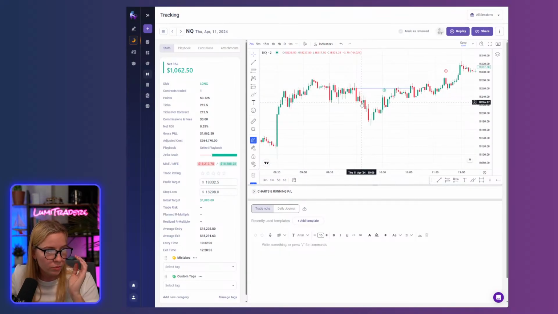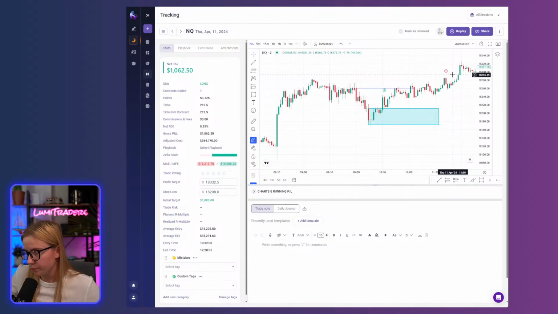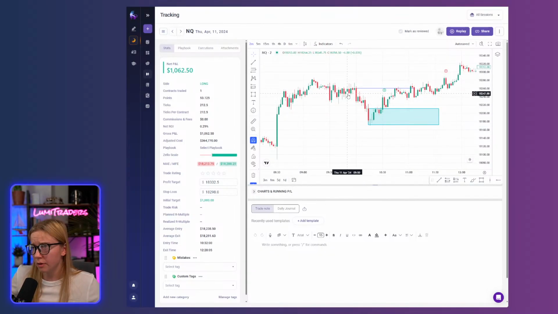So I was waiting for order block formation. Nothing happened right there. Nothing. We don't have any order block, and here we are, we have an order block. So we got the closure. I entered the open of this candle, 2R. And guys, any questions so far?